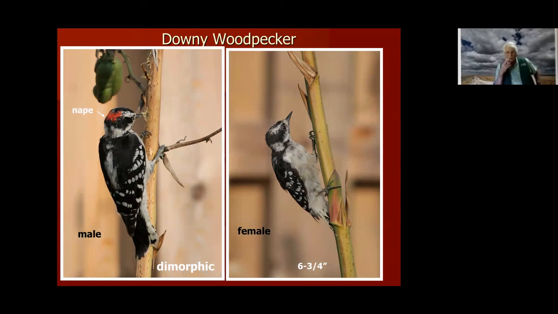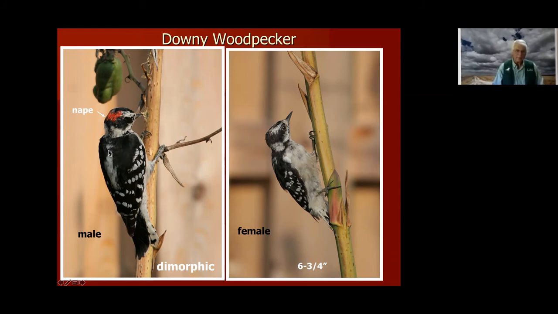This is our smallest woodpecker here, the Downy Woodpecker. The Downy Woodpecker is small, 6 3/4 inches, so actually not much bigger than a sparrow, and black and white. Again, slightly dimorphic. The male has got this red on the back of the head. Back of the head and neck is referred to as the nape, so we said it's got red on the nape. Female does not. Clear undersides, no marks there, but notice all the white spots on the black wings and